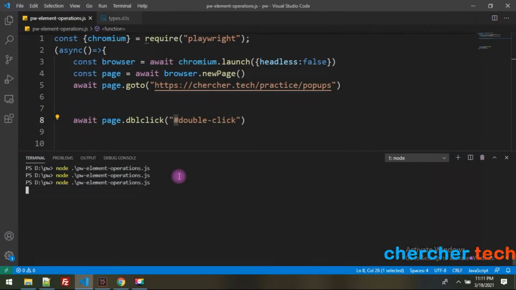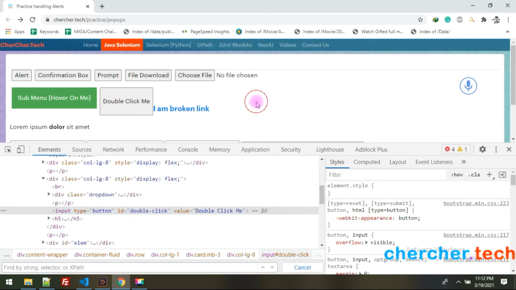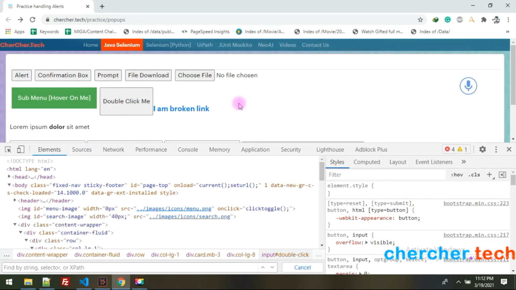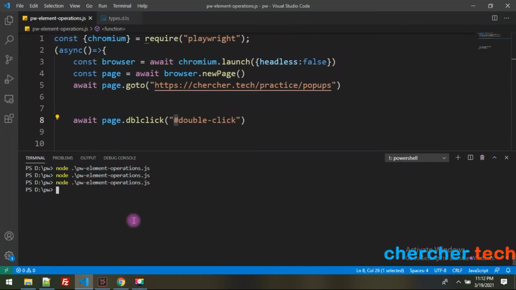If you see this black corner, for example, if it is somewhere, let's refresh it just to show you. Okay, so this is how it is, double click. Now next we have hover. Hover accepts one parameter, that is also a locator only. We can use hover, HOVER, and we have to pass the locator, which locator we are interested in.